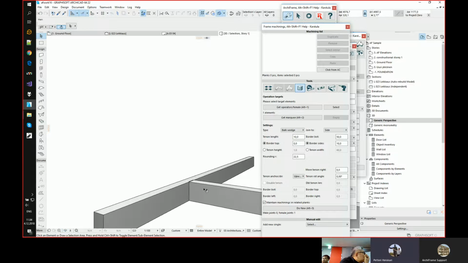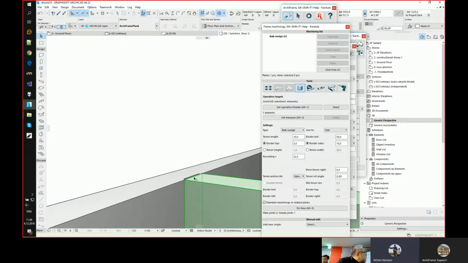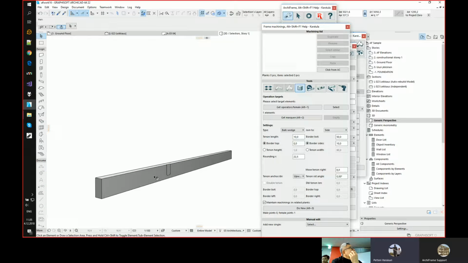So what we have here is a 10 millimeter thick steel plate nailed to the end of this beam, and then we have just a pocket here, so the steel plate goes inside here. So we have only these two types at the moment, plus the bulk shoe to the end of the piece. The rest of the connections